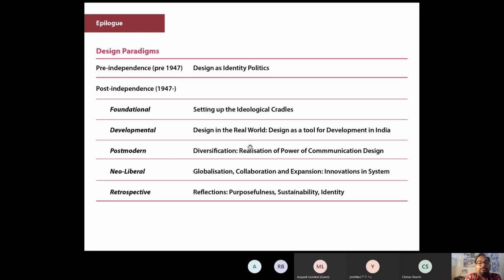So the foundational paradigm is about setting up ideological cradles, and the idea is again very functionalist here, that you solve the problem and you establish the discipline of design. Second is developmental, that is how you can design for people, how you can design in the real world, how design can be a tool for development. Postmodern is basically diversification and also realization of the power of communication. So there's a communication turn. Neoliberal, majorly we are part of it, and it is about globalization and making your design available for the rest of the world. And then finally, is retrospective, that is reflection,